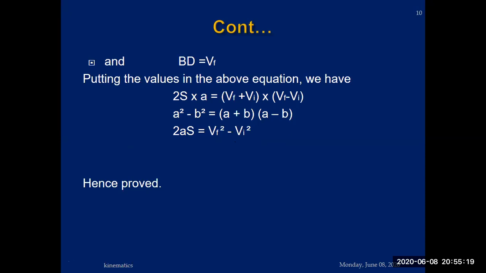Number one equation is Vf = Vi + at. There is no distance. You can't calculate distance by using the first equation, but you can calculate distance in the case of the second equation, though there is no requirement of final velocity. But if final velocity and initial velocity are given, and you are asked for acceleration or distance, one of these two, then you will apply the third equation of motion to calculate the distance.